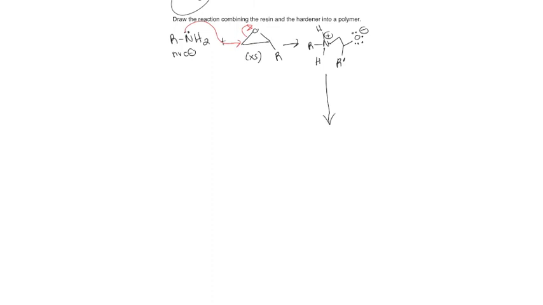However, because we have excess, in other words, the ratio of hardener to resin is not 1 to 1, I'm going to call this A and B, and then we'll have R prime again. We have excess of that epoxide. The nucleophile that was originally there is all gone. However, as it attacked, it created a new nucleophile. So the anion is the nucleophile.